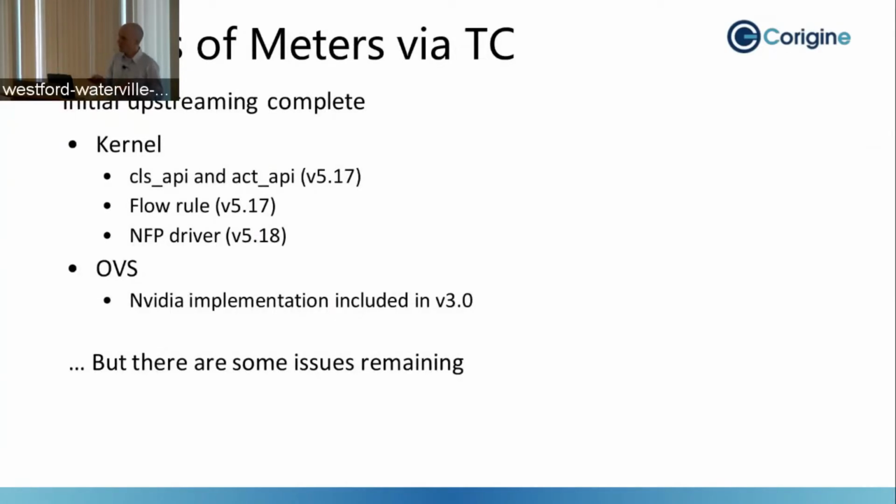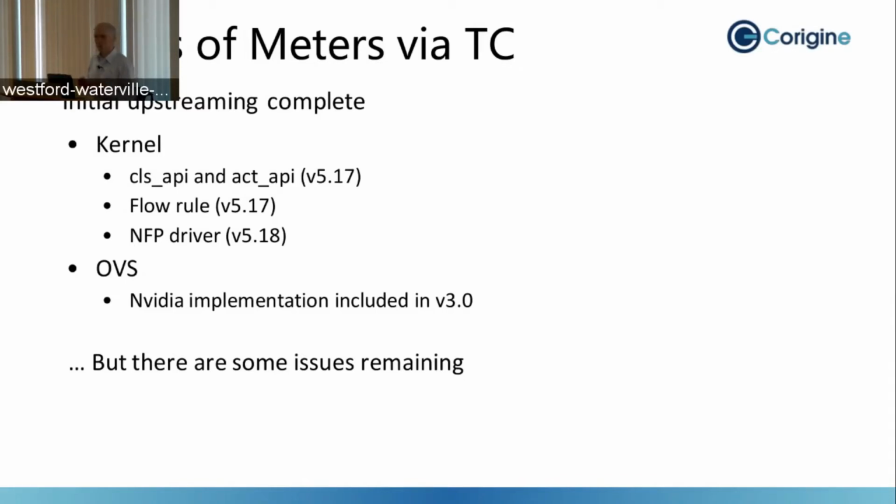So I did present on this topic, I think, at this conference last year. And at that time, things had not been merged, but now they have. So this is very nice. The basic functionality was merged into the kernel, if I remember correctly, around about last December. And that included the modifications to the TC APIs, to flow rule, which is, so I make the distinction here because actually flow rule allows offload of both TC and then filter. And the NFP driver, that is the Corigine driver,